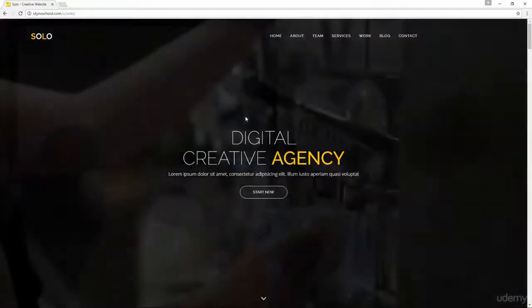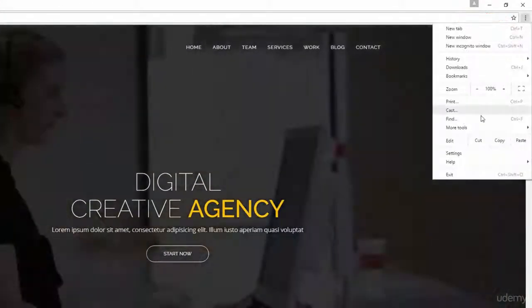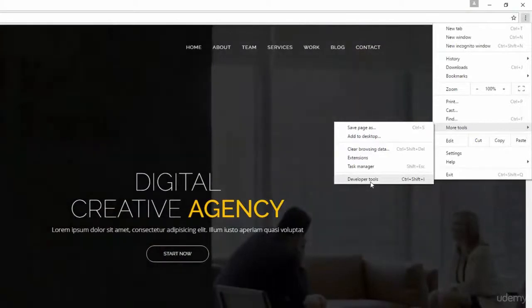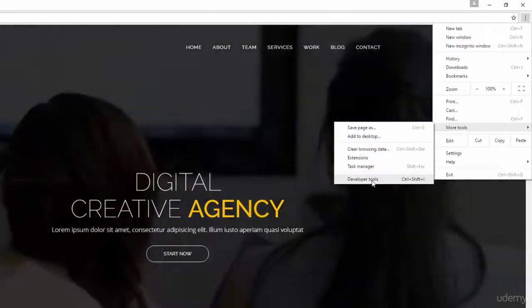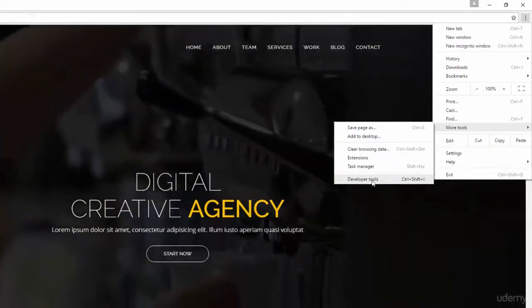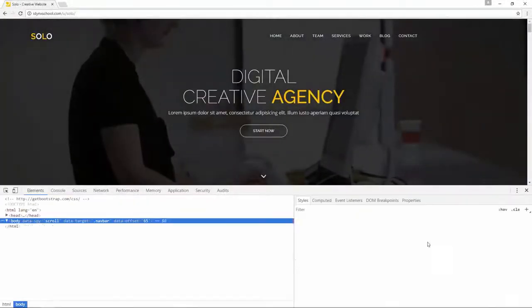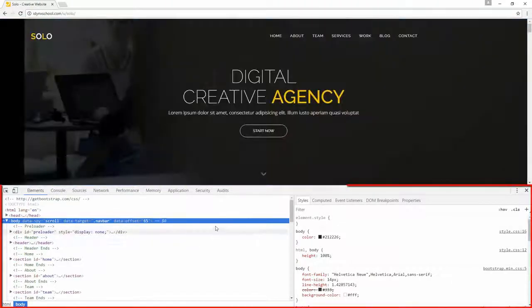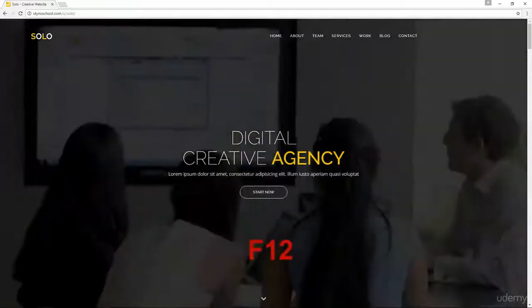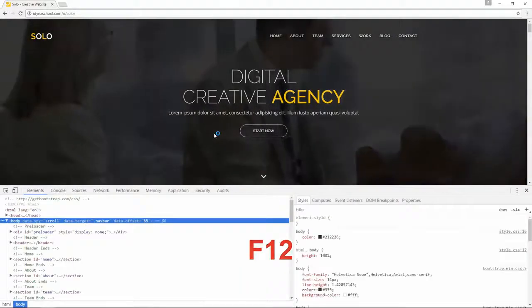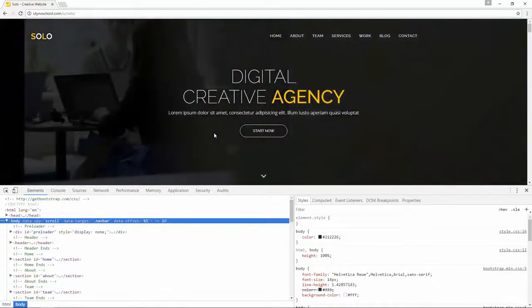To access the developer tools on a page in Chrome browser, open the Chrome menu at the top right of your browser window and select More Tools and then select Developer Tools. Or you can press Ctrl+Shift+I on Windows, or if you are on Mac, you can press Command+Shift+C. It will open Chrome Developer Tools at the bottom of your browser window. This is Chrome Developer Tools. You can also press F12 on any page to open the Chrome Developer Tools. As you can see, I just pressed F12 and it opened the Chrome Developer Tools at the bottom of my